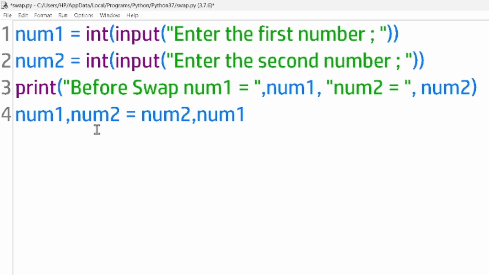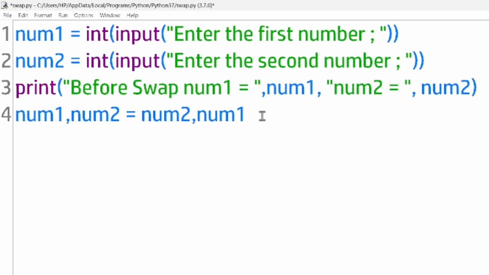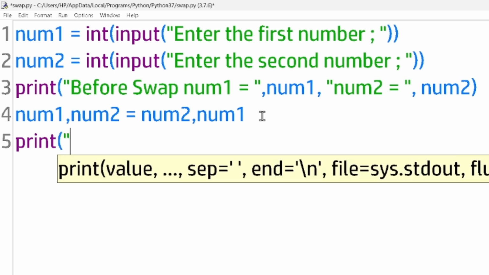goes to num1. Means if you print the value of num1 after this, it will show the value of num2, and if you print the value of num2 after this, it will show the value of num1. Means num1 is num2 and num2 is num1. If you are not understanding, let me print here the values and then I will explain. After swap,